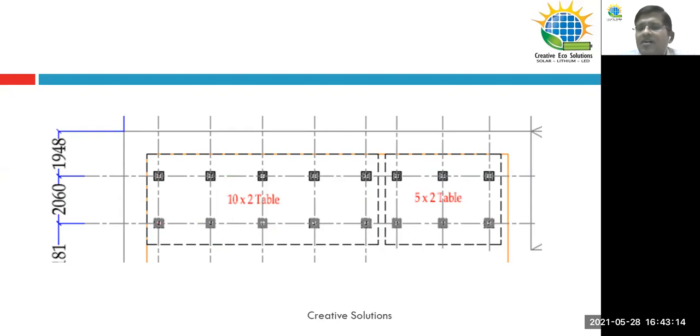The whole idea of splitting into such smaller tables is that the transportation of purlins becomes difficult. What I mean to say is, if a purlin is 10 meters or 5 meters in length, more than 6 meters in length, it becomes very difficult to transport inside the city. You need big container vehicles to transport. To make it easy, we cut the purlins into smaller lengths of maximum 5 meters, so that transportation within the city becomes easier and also cheaper.